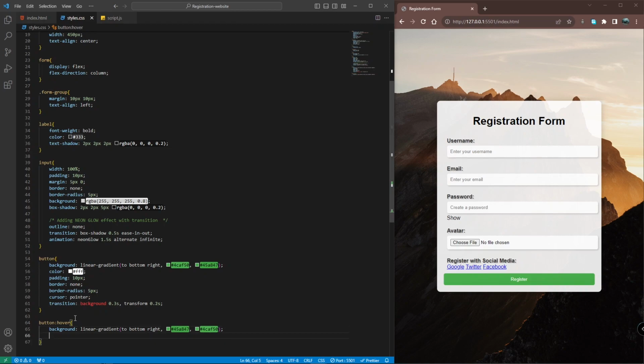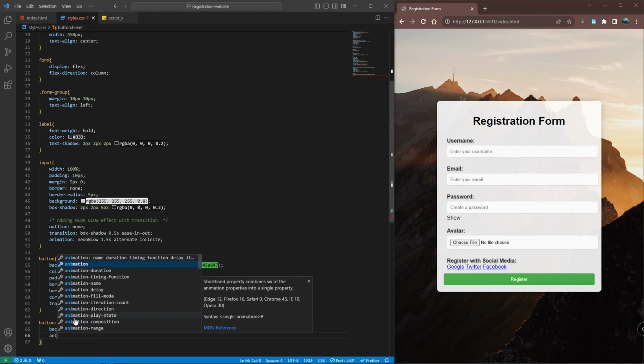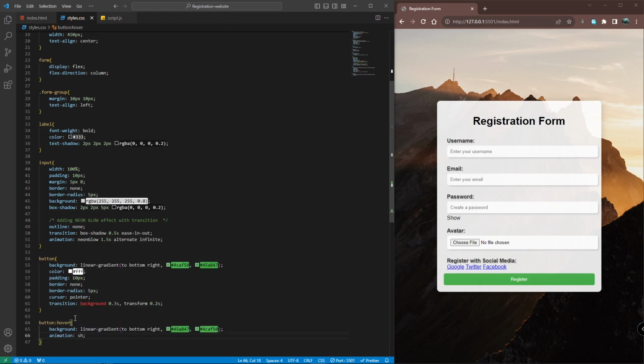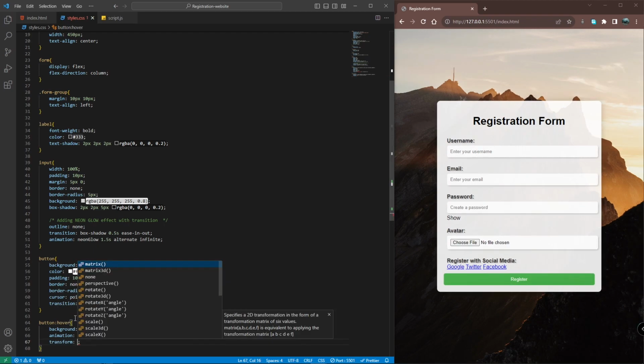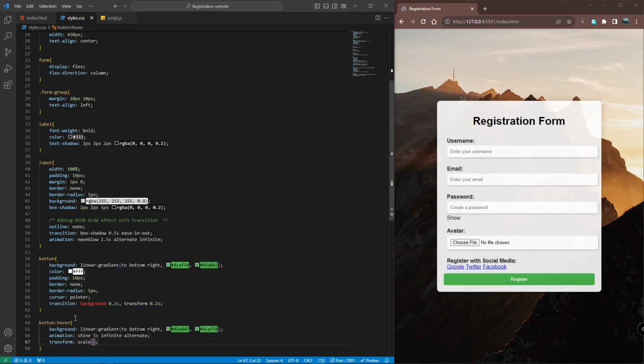Okay, let's add some animation. Give it a name of shine, duration 1 second, infinite, and alternate. Transform scale 1.05. Okay,